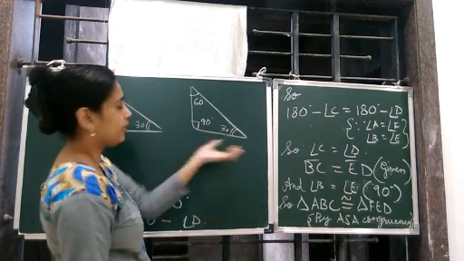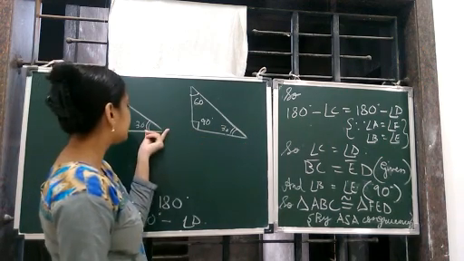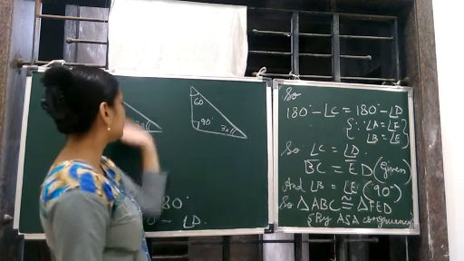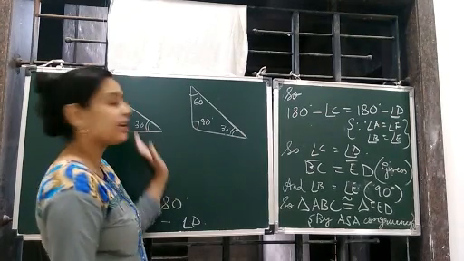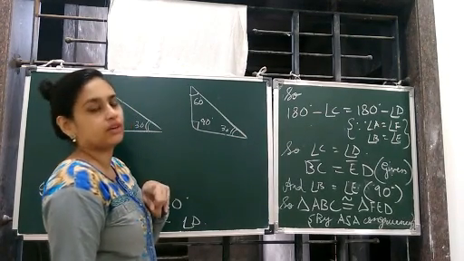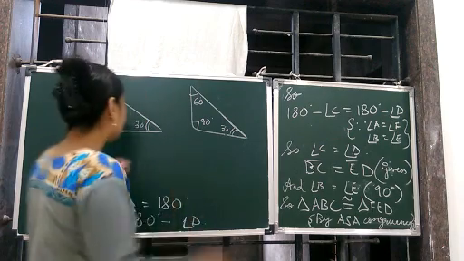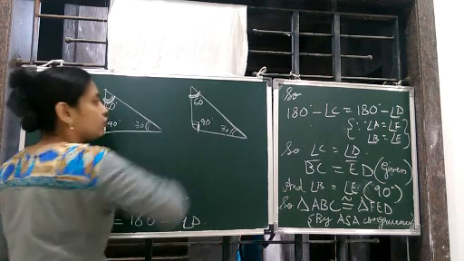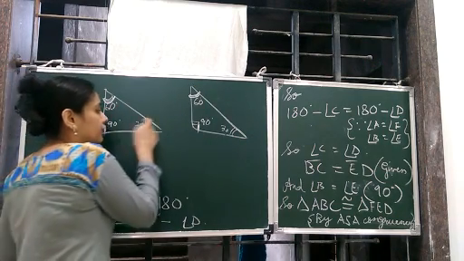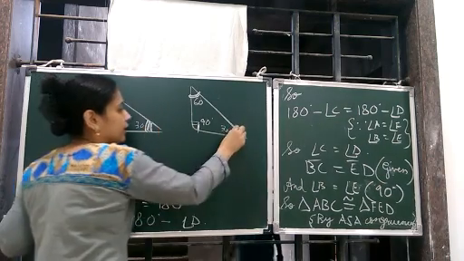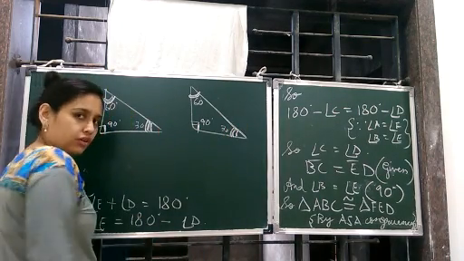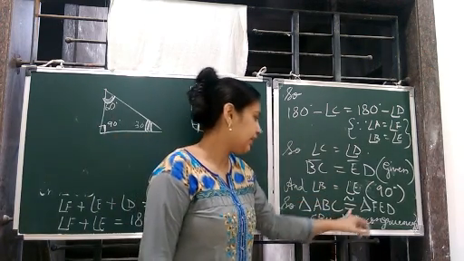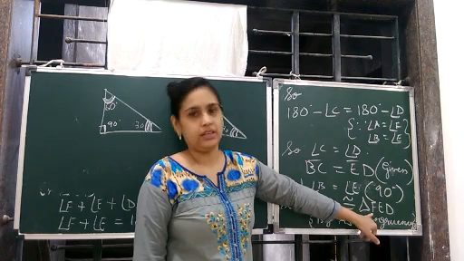So this is what we have done. By using the angle sum property, we have shown that angle C was equal to angle D. Here I have taken an example, but in the question the measures were not given, only that the angles are equal. This was equal to this and this was equal to this. So by the angle sum property, we proved that obviously this will be equal to this. Got it? So by the angle side angle congruency rule, triangle ABC is congruent to triangle FED.